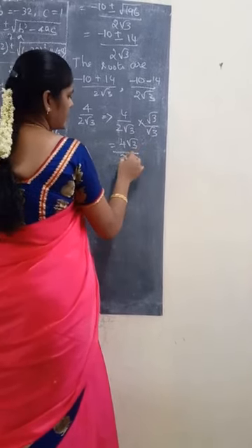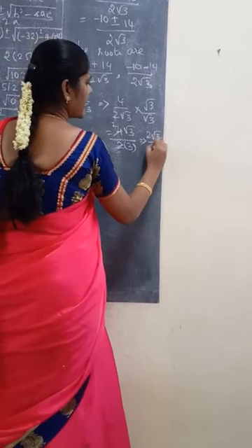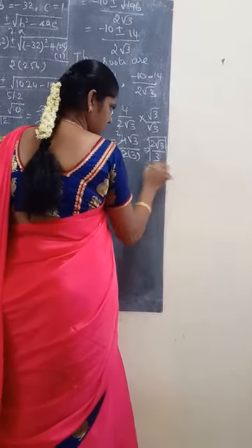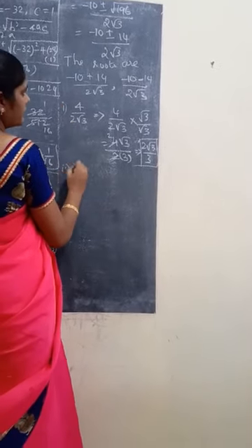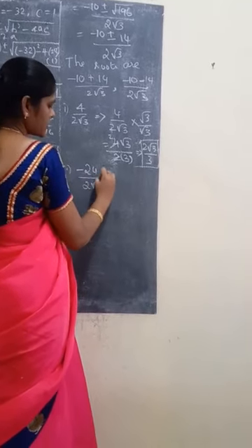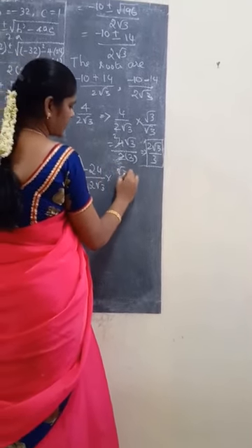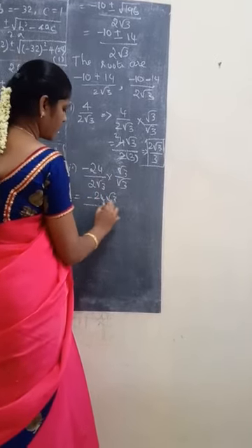Next, 1 time 2 times, so 2 root 3 by 3. This is the first root. Next is the second root, minus 24 by 2 root 3, so both can multiply by root 3 divided by root 3, so minus 24 root 3 divided by